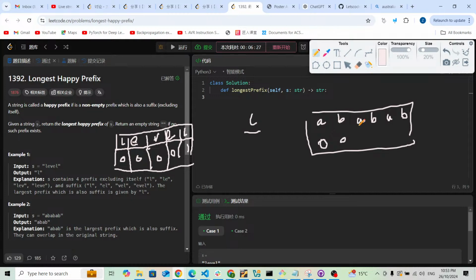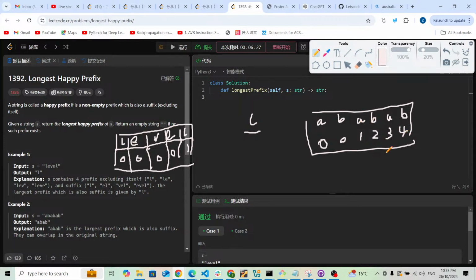Because this is the prefix and the suffix. The prefix is A and the suffix is A, so it's going to be a 1. The prefix is AB and the suffix is AB, so it's going to be a 2. The prefix is ABA and the suffix is ABA, so this one is going to be 3. The prefix is ABAB and the suffix is ABAB, they are equal, so this is going to be a